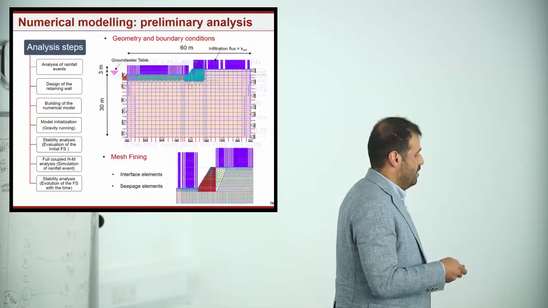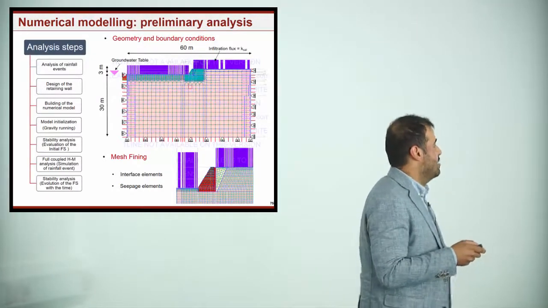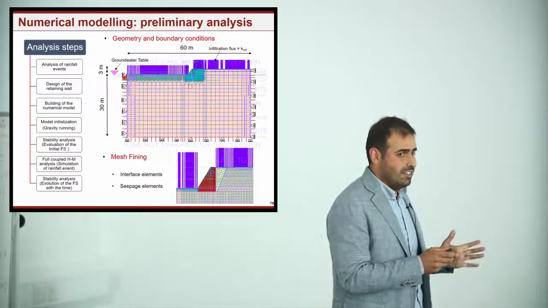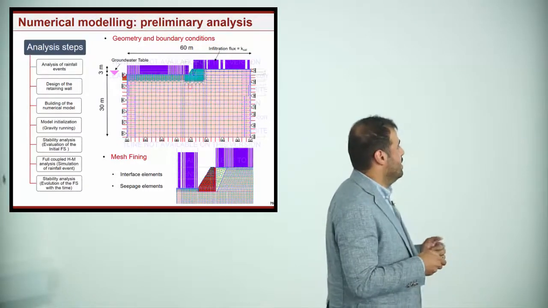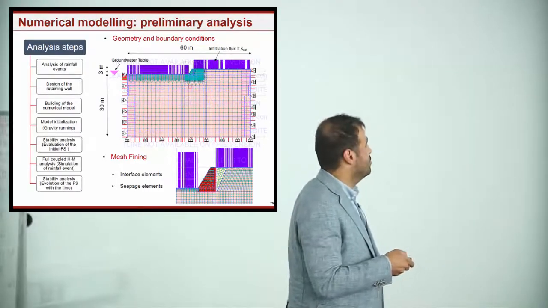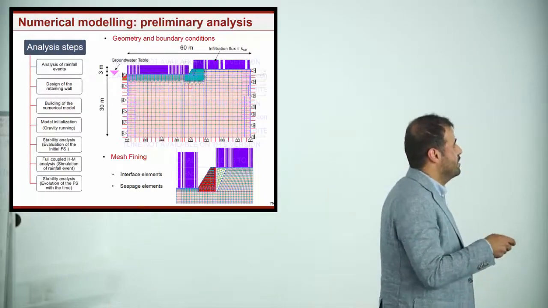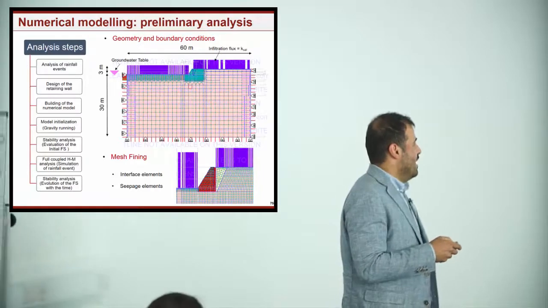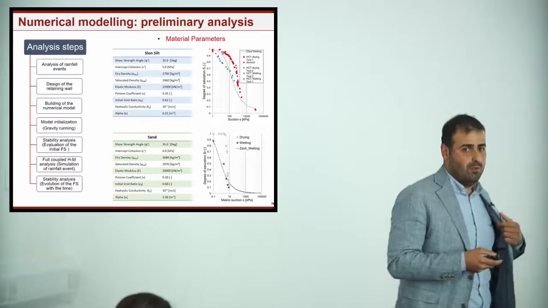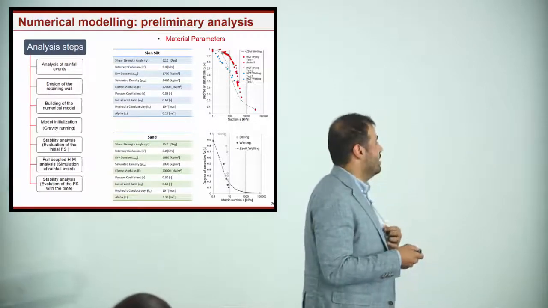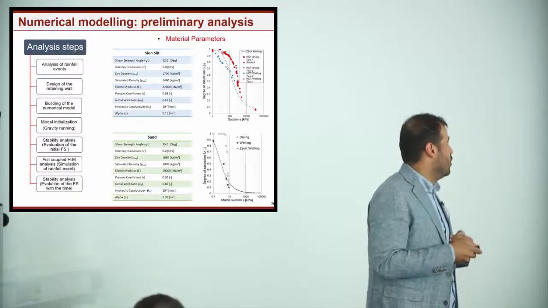So what I did first, I considered two extreme rainfall events: a really short and intense rainfall event, and a long and less intense event, to see what happened. I started to model this problem, fixing the boundary conditions and the infiltration route, and refining the mesh in this part. Then I performed the uncoupled hydromechanical analysis, with some hypotheses for the moment on the constitutive model, which is linear elastic,